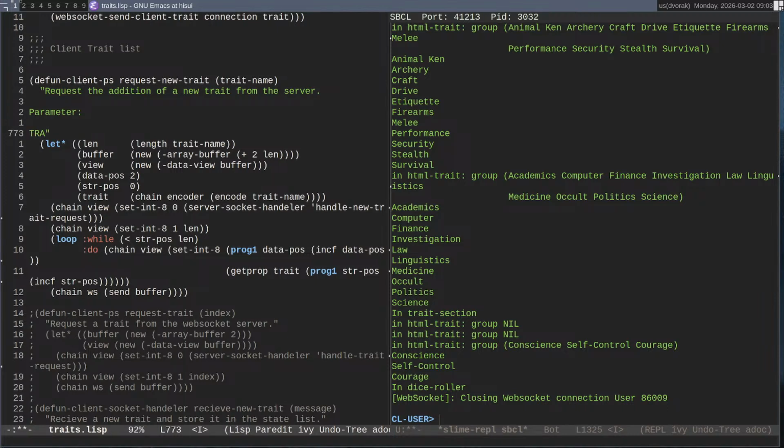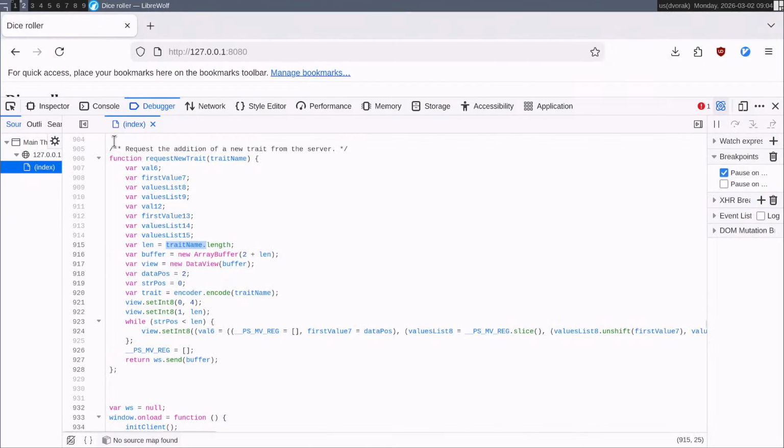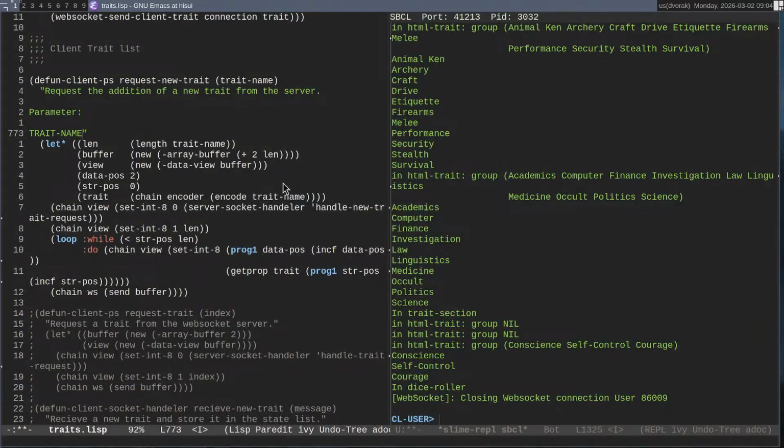So it's trait name. We're doing caps because that's what all the Lisp documentation does, because I am writing Lisp. I don't care that the docstring is turning into a comment here at the top of the function that looks like it would work with Doxygen. We're not actually writing JavaScript.